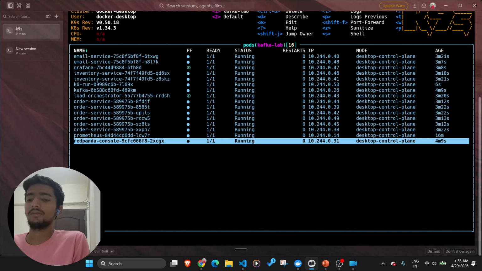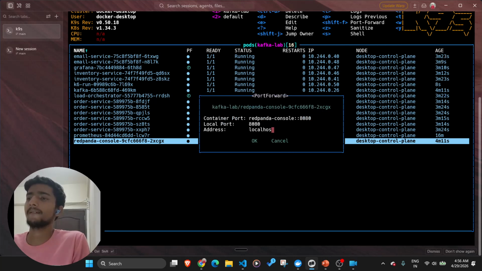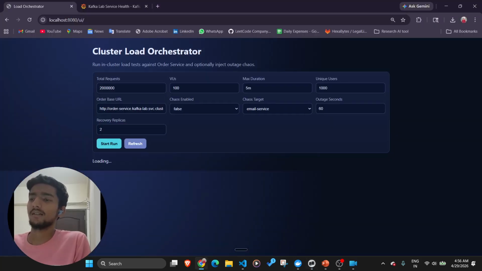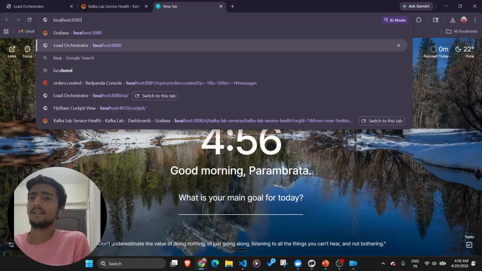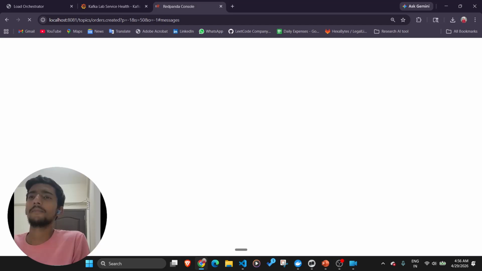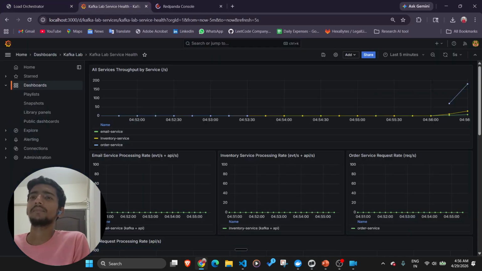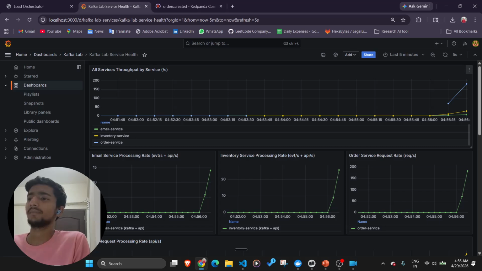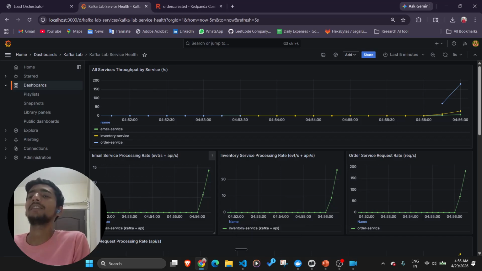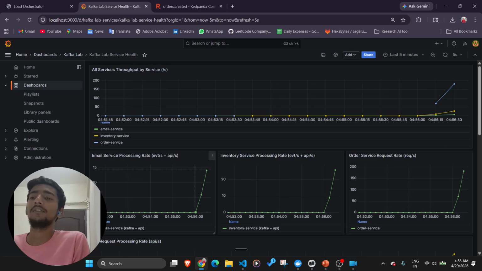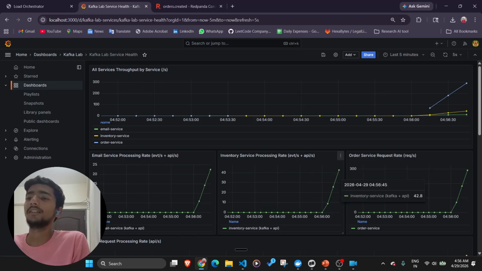Let me show you the Kafka tool. See, the order service is handling 200 requests per second, whereas the email service is at 15 events per second and the inventory service at 20 to 25 events per second.